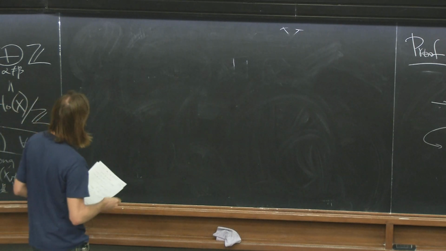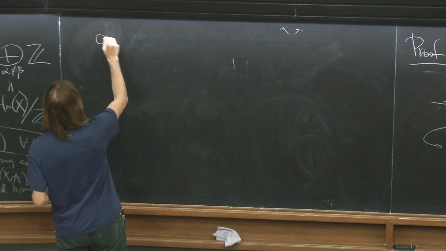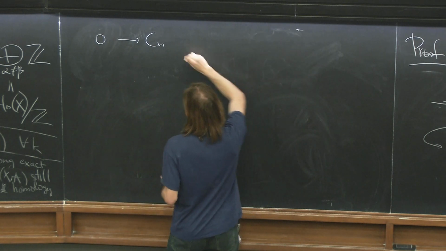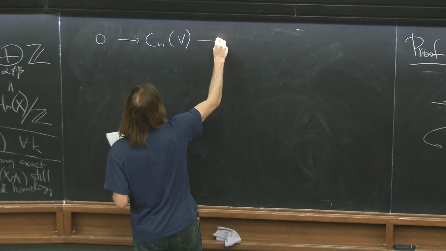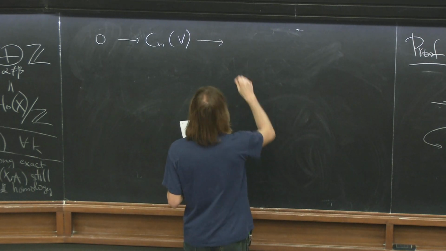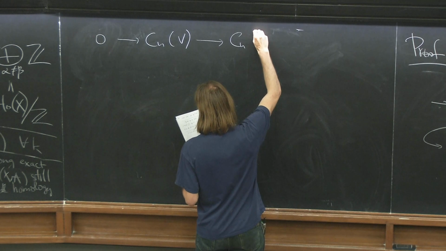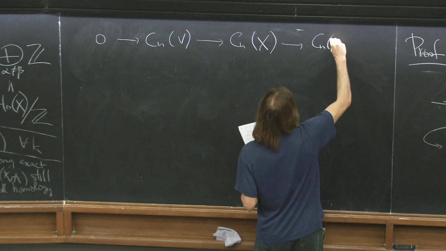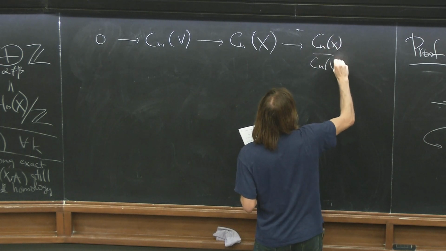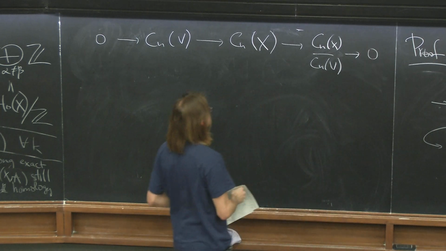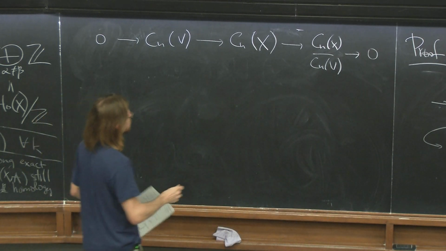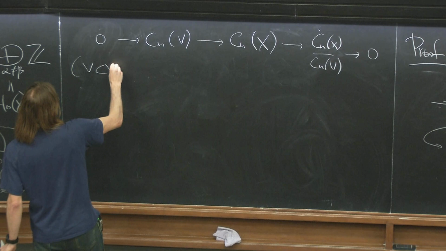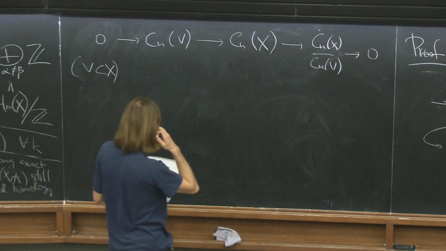Okay, the next step is the following. So let's consider the short exact sequence of chain complexes for the pair X, comma V, right? So we have this short exact sequence. And we use the fact that V is the pair V in X. And what we can do here is we can divide everything by